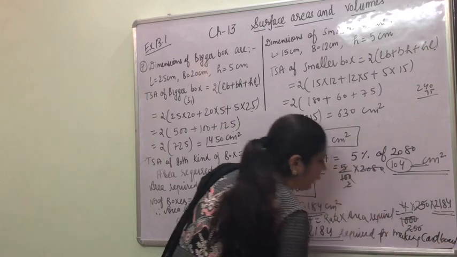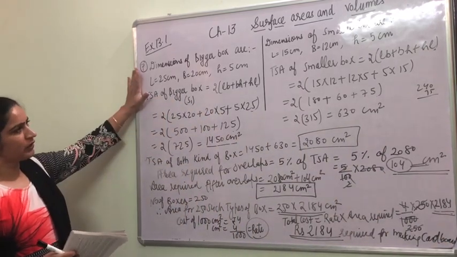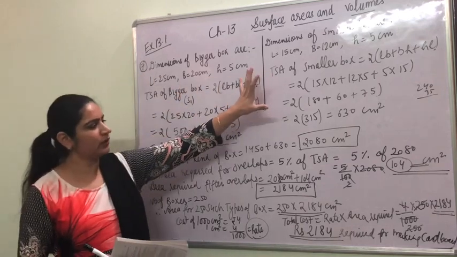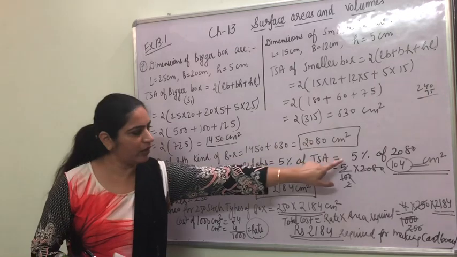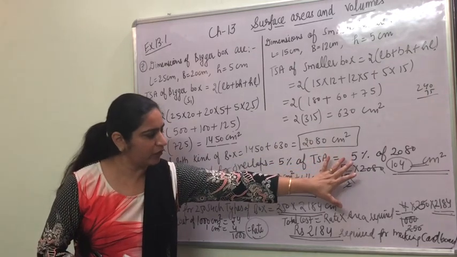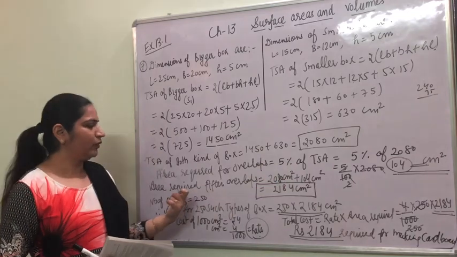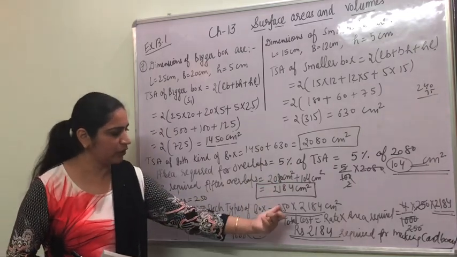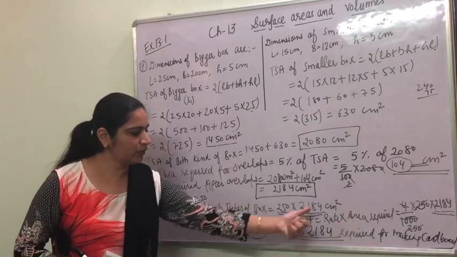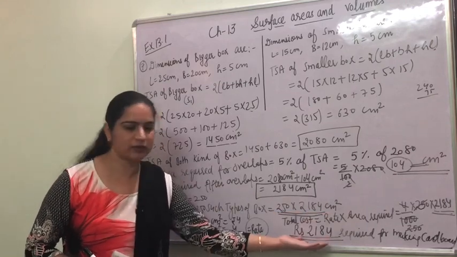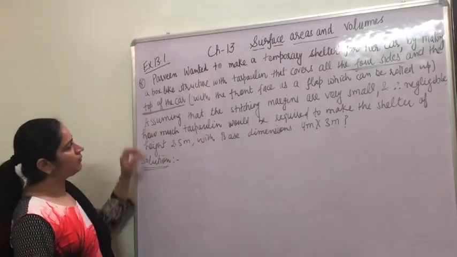Question is lengthy but very easy. Requirement of cardboard was there. 2 types of boxes were there. Total surface area here we have found. Whatever area for the overlaps was required, here we have found. And then 250 boxes, multiplication by 250. At the end cost is rate into the area required. So this is the final answer. Question is very easy. Okay, now we are doing question number 8.